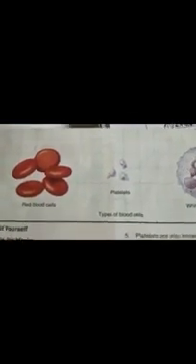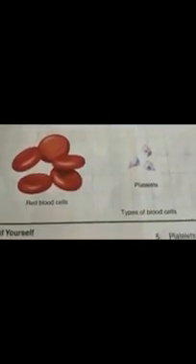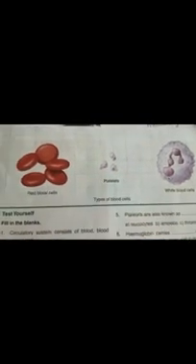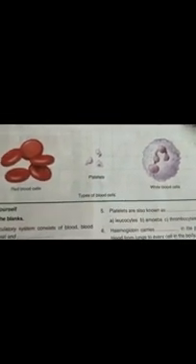So we will know about the blood platelets, the third very small type of cells. So these are the blood platelets. They are colorless, disc-shaped cells without a nucleus. You can see the size difference. The white blood cells are the biggest cells, the medium sized are the red blood cells, and the platelets are very small cells. They are also produced in the bone marrow. What is their work? They clot the blood.